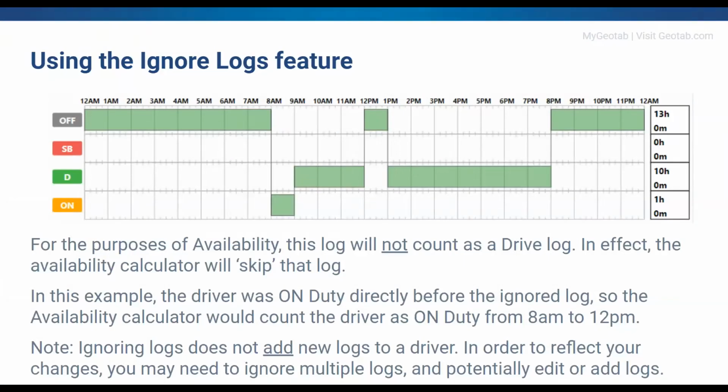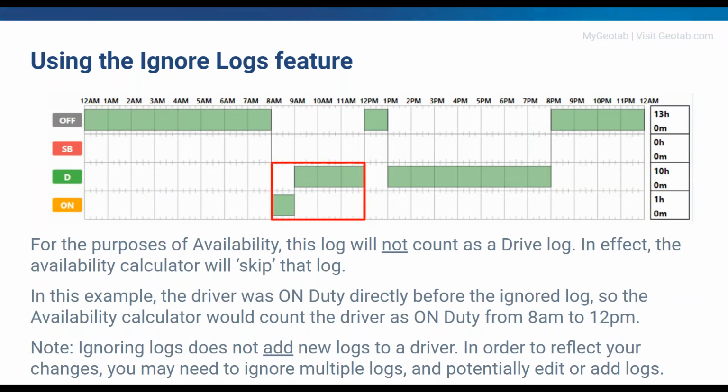The reason is because for the purposes of availability, this log inside of my Geotab will not count as a drive log. In effect, when the availability calculator is scrolling along through this day, it will completely skip over that drive log and think it's not even there. What that does in this particular example is because the driver was on duty directly before that ignored log, the availability calculator will actually count this driver as on duty from 8 a.m. to 12.